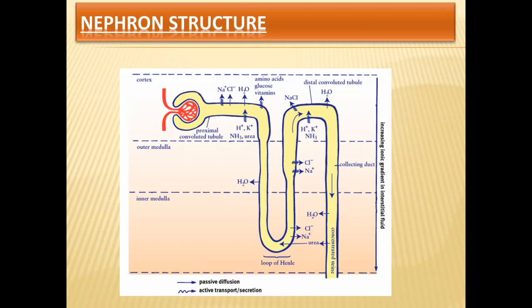So we have blood coming into the Bowman's capsule, and this blood gets filtered through the glomerulus filtration barrier to form the impure plasma that passes down into the urinary tubule. The glomerulus blood pressure provides the driving force for the water and solutes to be filtered out of the blood plasma. Only 1/5 of the plasma is filtered in the glomerulus. The plasma that gets filtered into the Bowman's space is known as the glomerular filtrate.